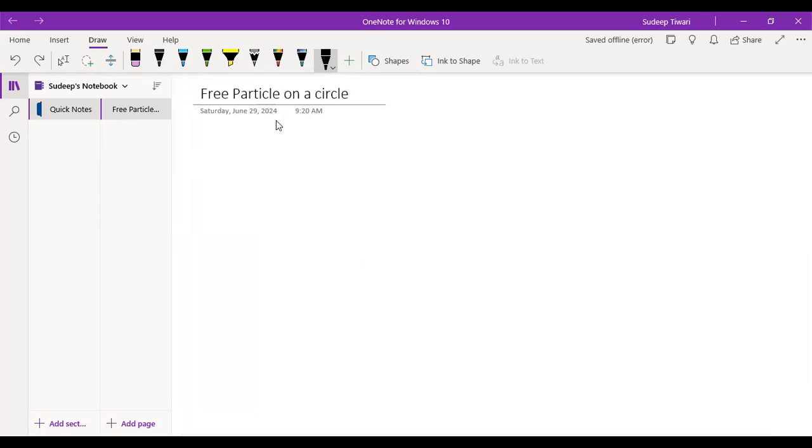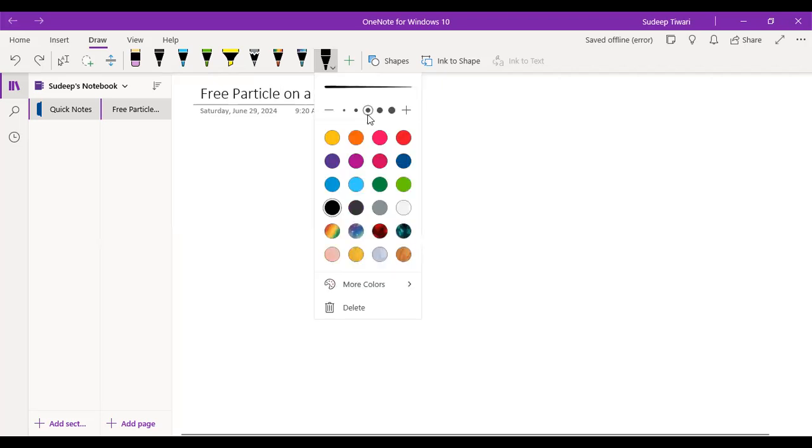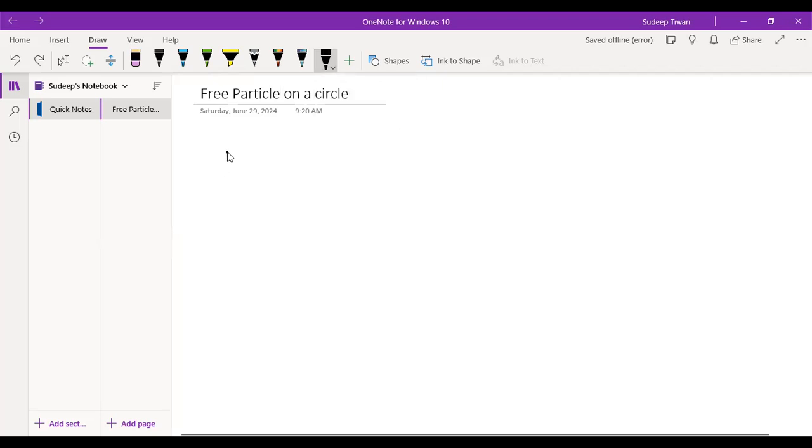Hello, in today's lecture, we are going to study a free particle on a circle. So, in quantum mechanics, we basically try some different sorts of potentials. And one of those important cases I'm considering today is this: let us consider a particle which is constrained to move on a circle